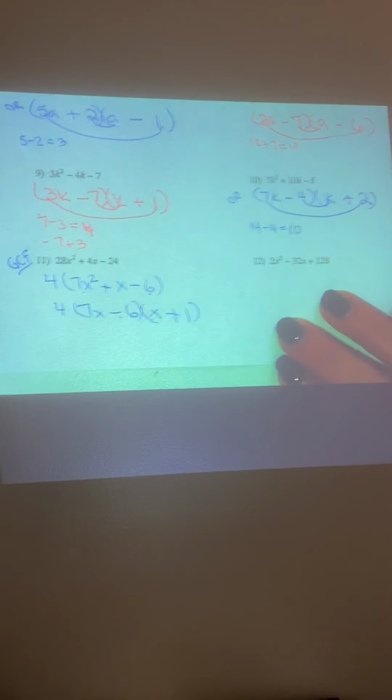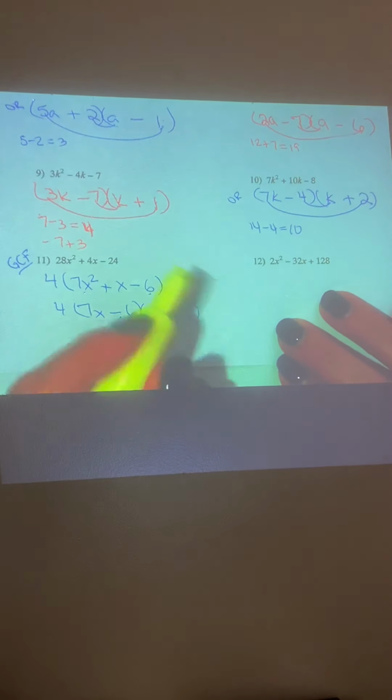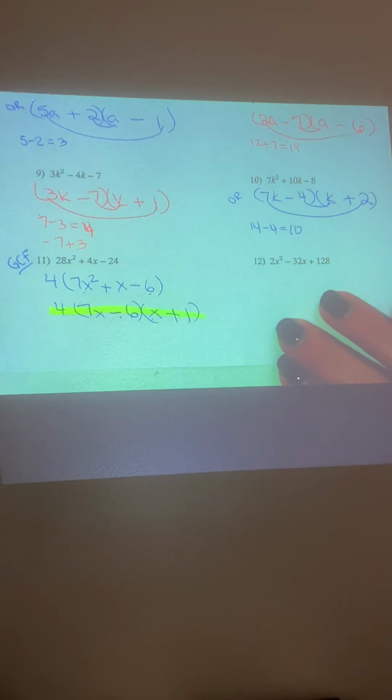Now, people, if you're going to do these problems, I need the greatest common factor first. This answer that I'm highlighting is not the only work that you have to show. That doesn't cut it. And finally,